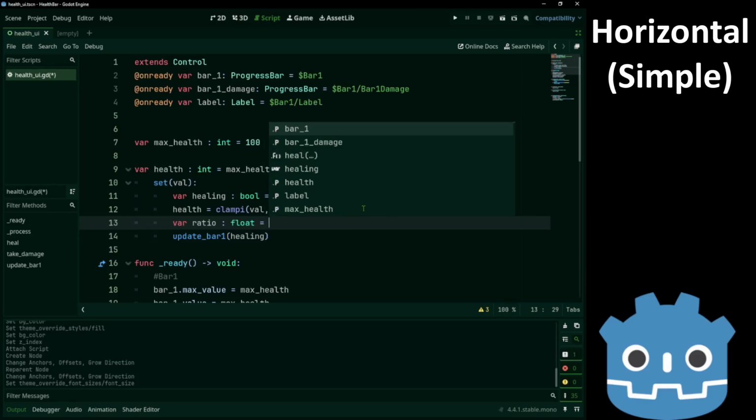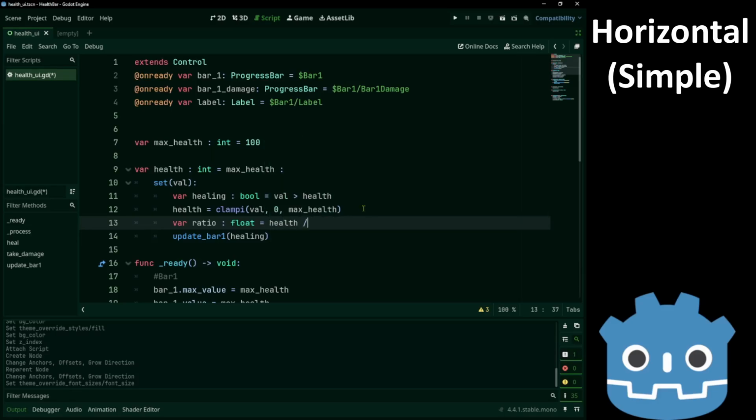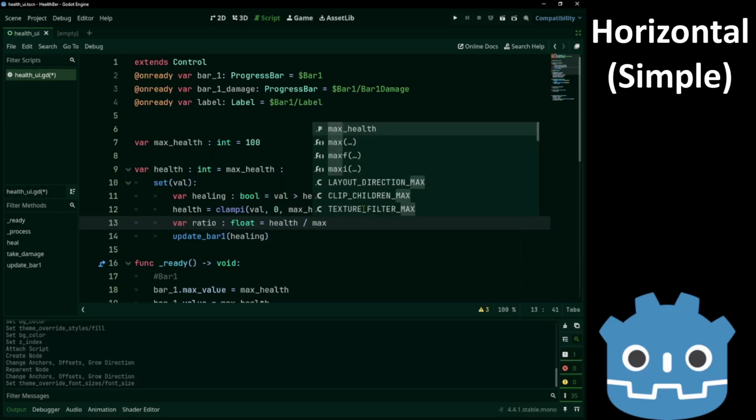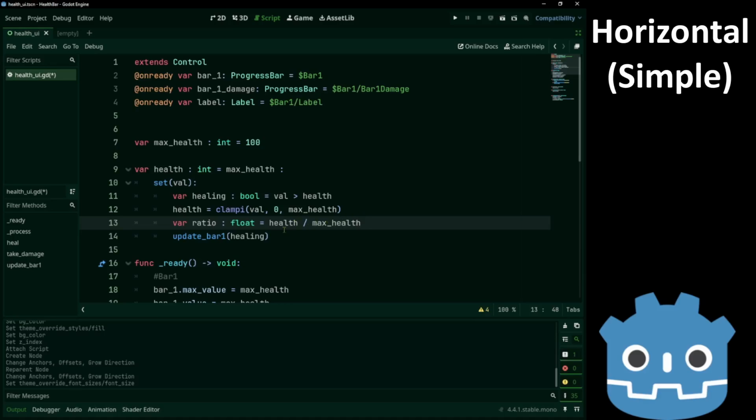Float, health divided by max health. Now, since this is integer division, we'll turn one of those into a float. Otherwise, we'll lose the decimal part, and it will return 0. So, pass the ratio in here.